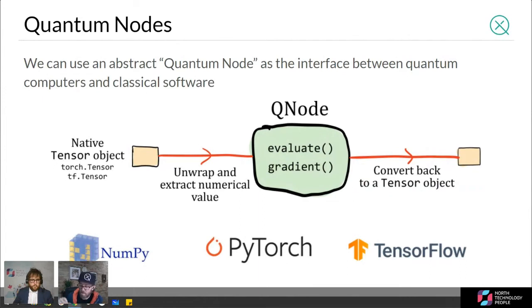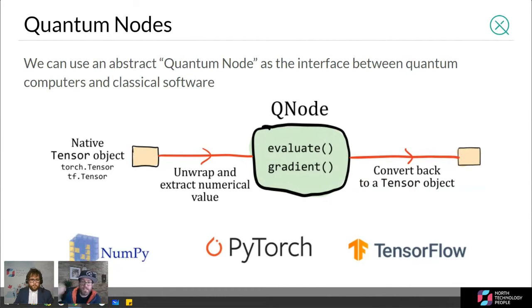So, more specifically on the software side, how are we going to do this? You might take something like your tensor object from TensorFlow, or even a NumPy array, and strip away all that class structure because you don't want any of that. Then you feed that data in so that your quantum node understands it. When it comes back out, you just rewrap it in the same wrapping that it was coming in with, and you can feed it down the line. So it's really not too difficult to integrate one of these Q nodes into that sort of network.